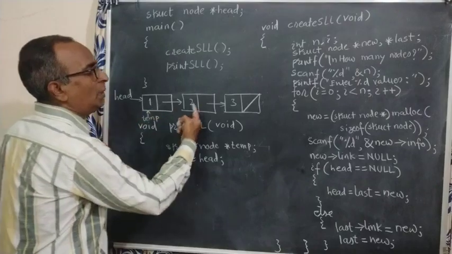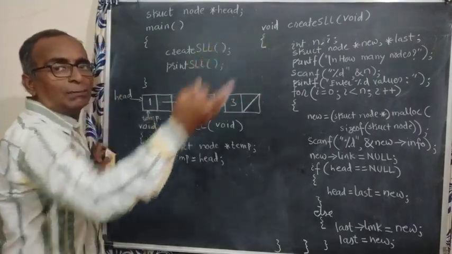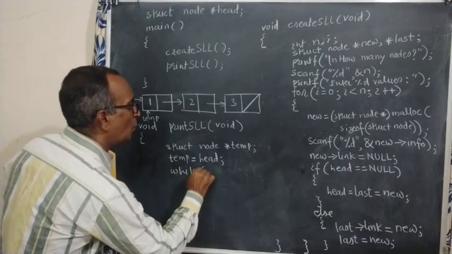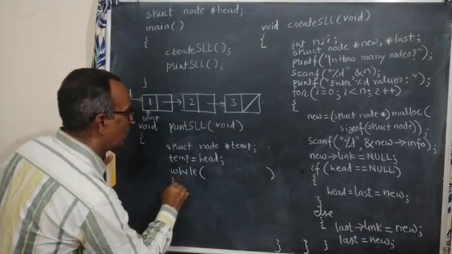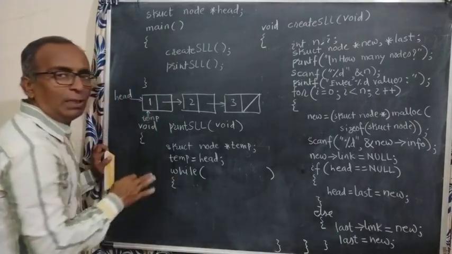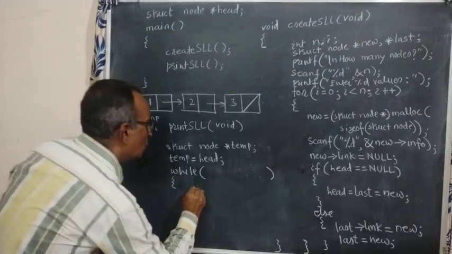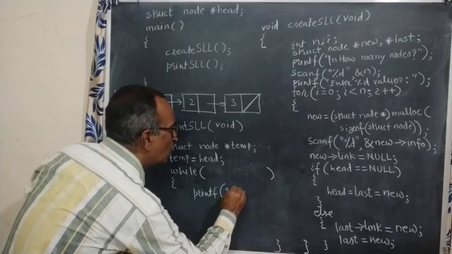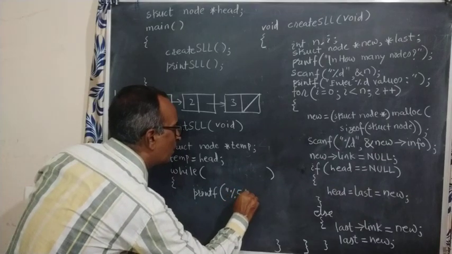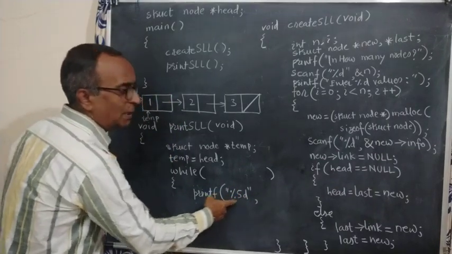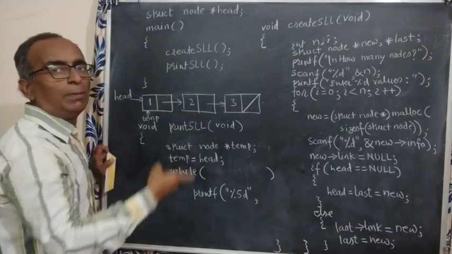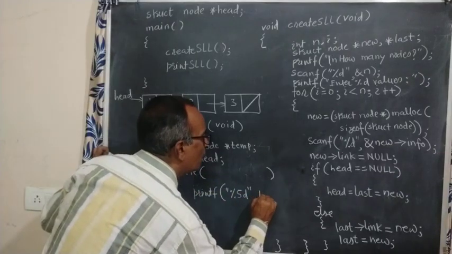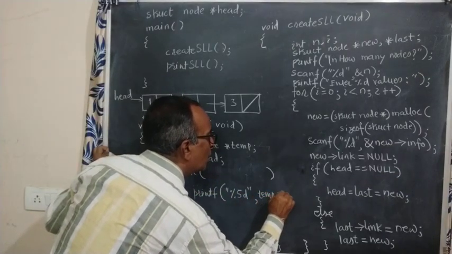Now we don't know how many times this should be repeated, how many nodes there are in this list. Something we are repeating here. We will think about what the condition will be later. What we are doing is printing the information field. So printf, suppose I give %-5d, which means the integer will be printed in 5 spaces, left justified. The integer we are printing is temp's info.